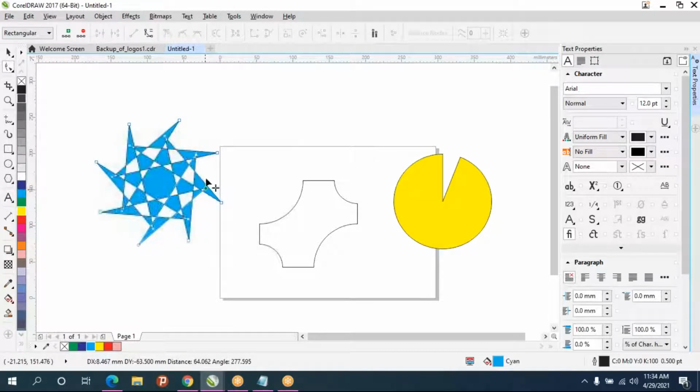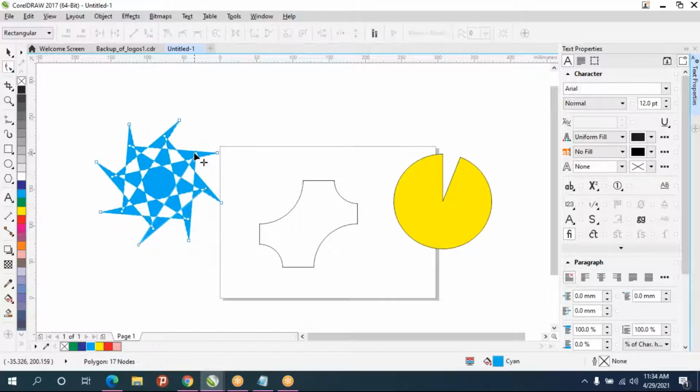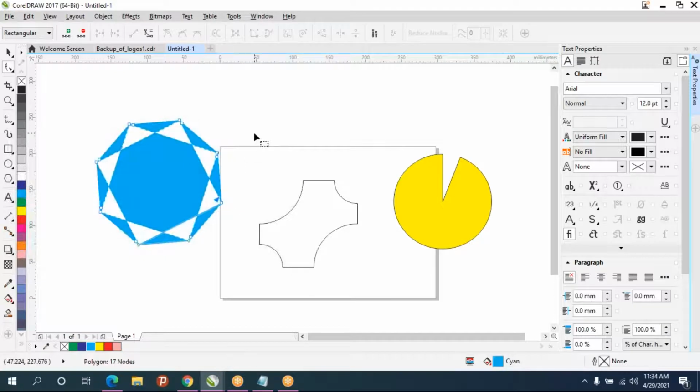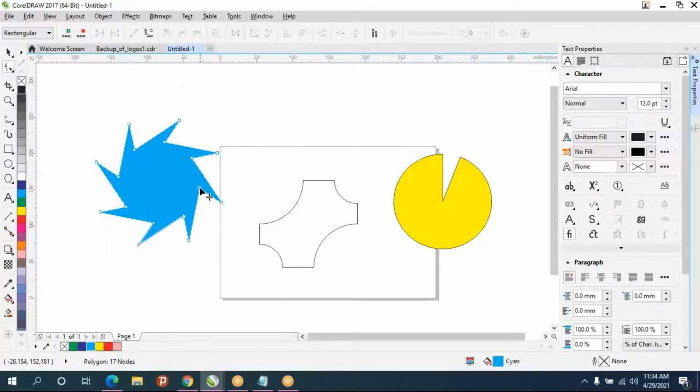Now you see. So using the shape tool you can do a lot of things.